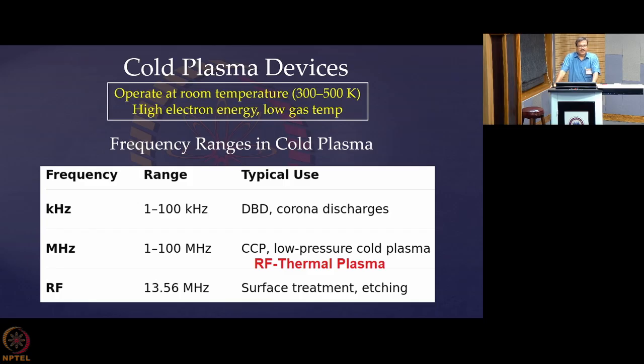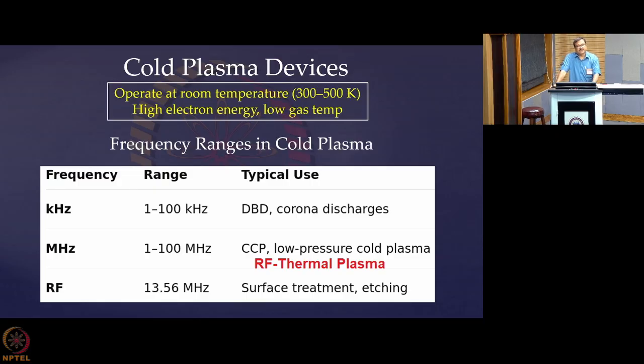Now when you are going for these cold plasma devices, they operate near room temperature, 300 to 500 degree Kelvin, and they have higher electron energy and low gas temperature. So that is a specific area where you really require that. You need to touch it by hand, like in biomedical applications, but you require a very high electron energy so that you can generate the radicals at a certain concentration which is sufficient to impart the effect that you want to see on the organisms.